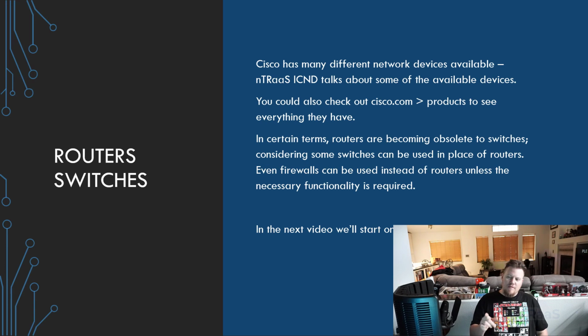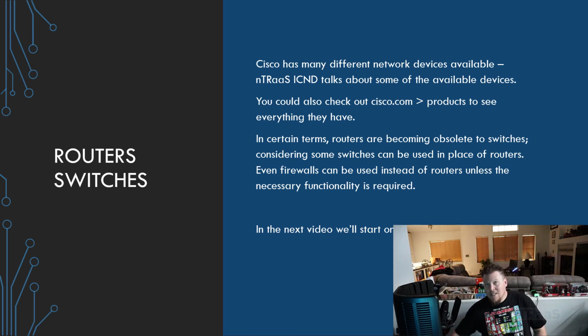Now, because our first topics video on 1.1A and 1.1B is going to start in the next video series, you might want to look at some of the network devices, the routers and switches that Cisco and whomever else has available to you. On Entraz, I have an IC&D page that talks about a lot of routers and switches, firewalls and such. I need to finish getting to that. And then, of course, on Cisco.com, if you look at the products, you'll be able to see the plethora of products that Cisco provides. There are a lot out there.